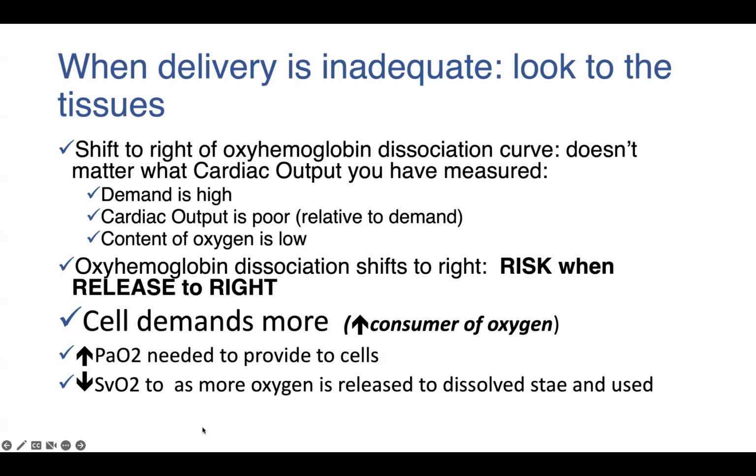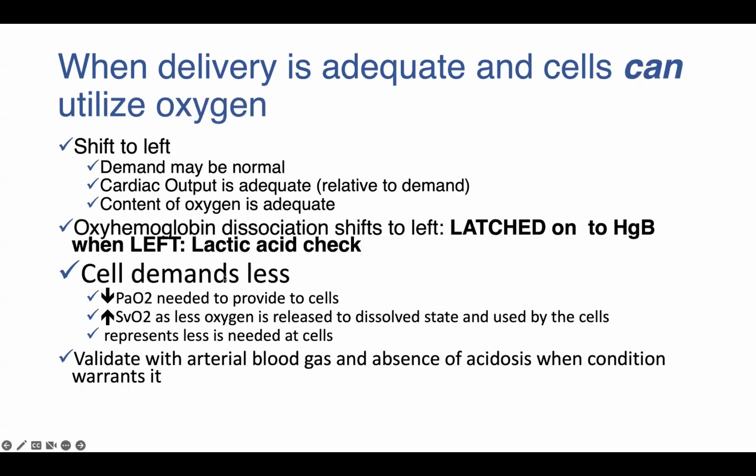Okay, so remember, hemoglobin has released the oxygen to dissolve in the blood so it can be used at the cell. Whenever SvO2 is low, you always need to be concerned. You want to increase delivery and decrease demand. Okay,